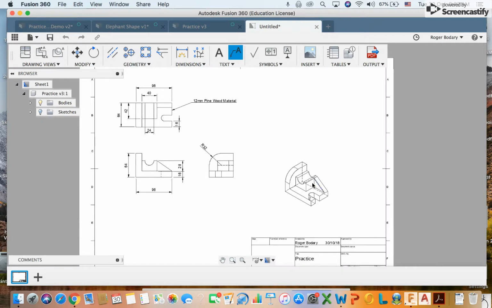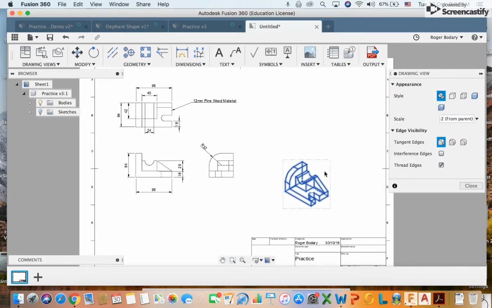Now, if you want to change a view, let's say this one, double click it, and notice this right here, over here. So I want to change